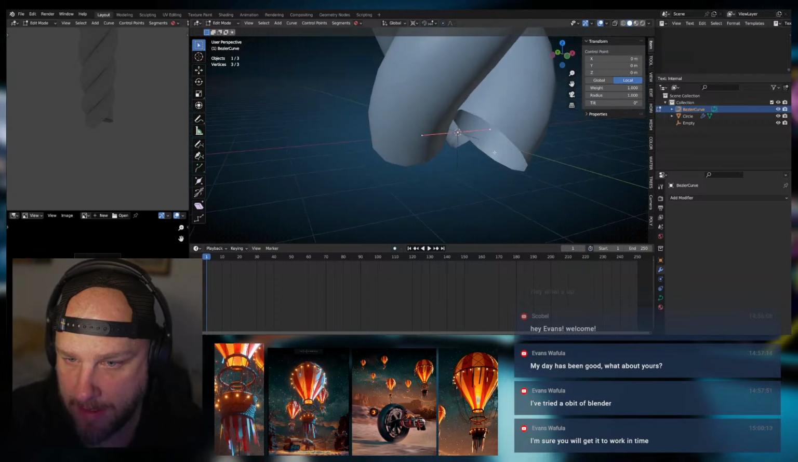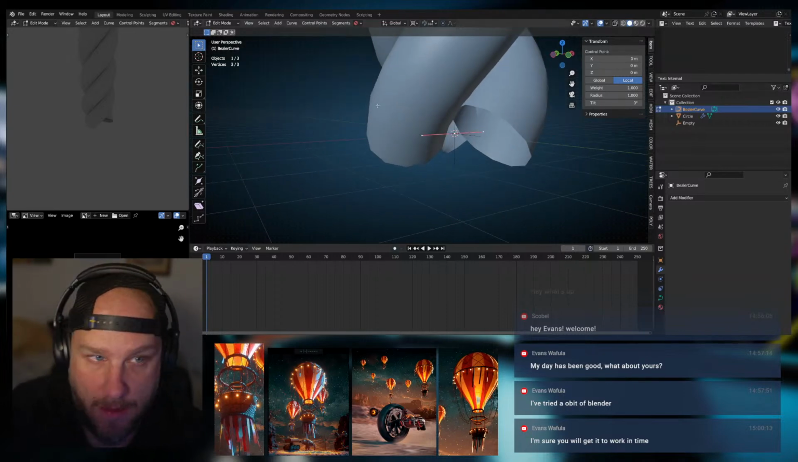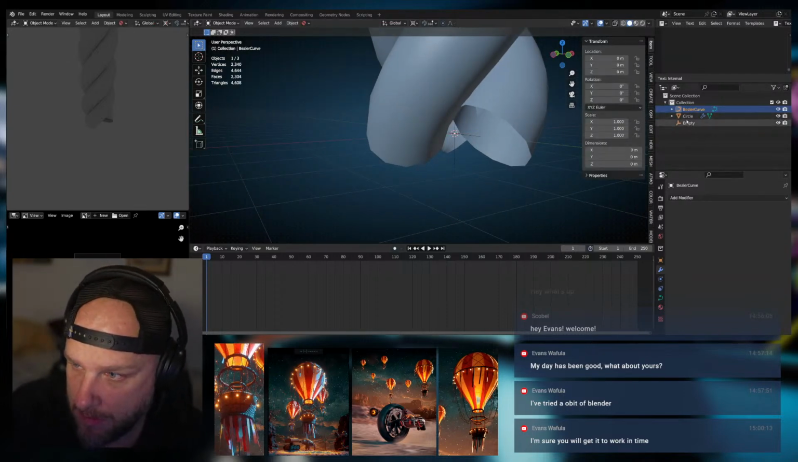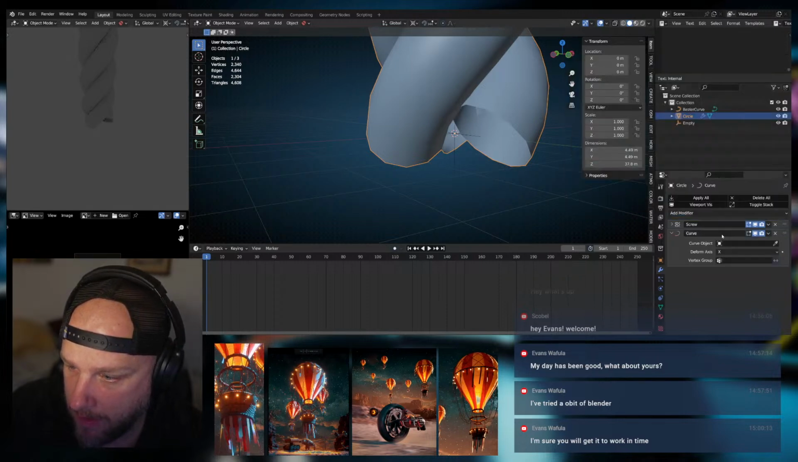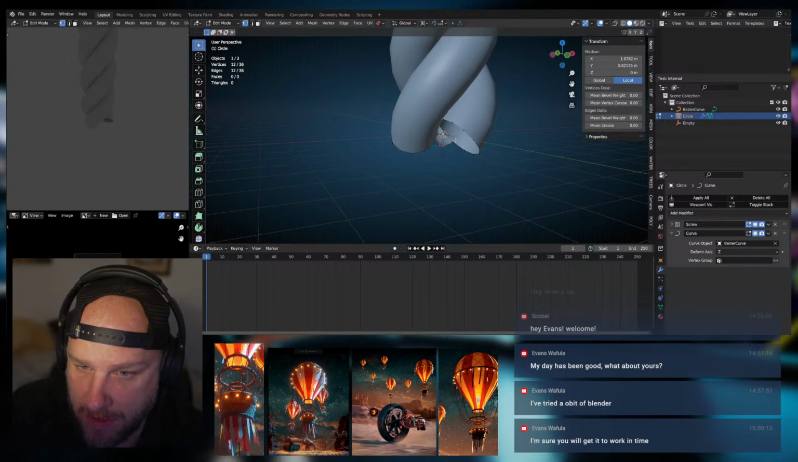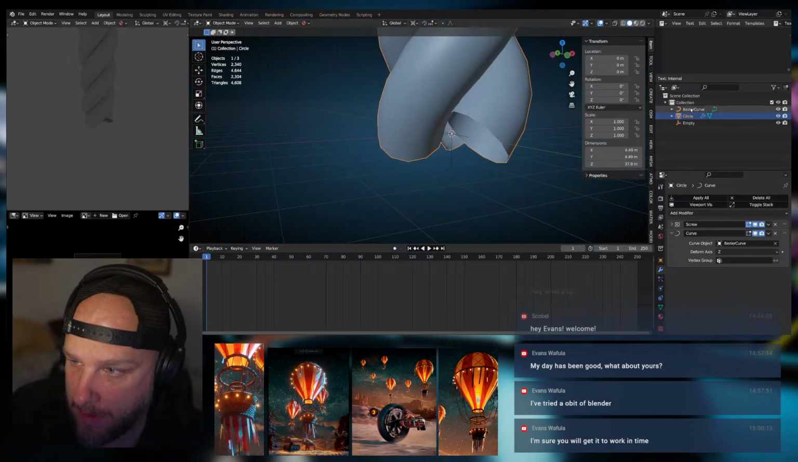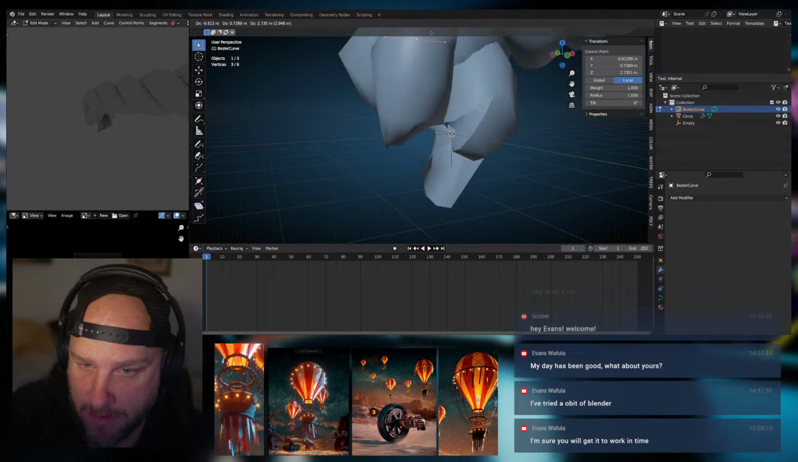Just want to get this dead center, okay? And then what we're going to do is take this and add this curve modifier, and we're going to set it to this curve, and set the deform axis to the Z. And what this should do, with any luck, is if we click on the curve and we start to extrude,